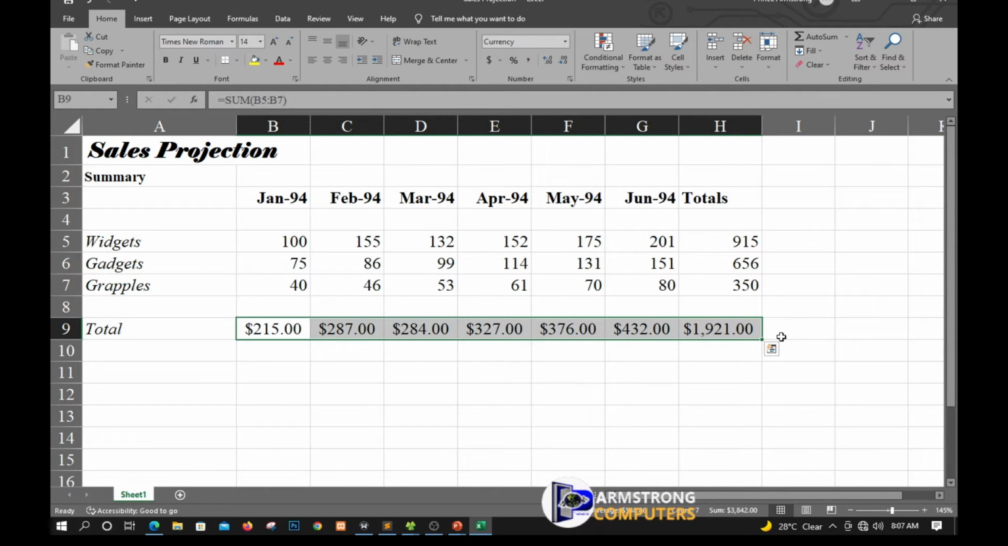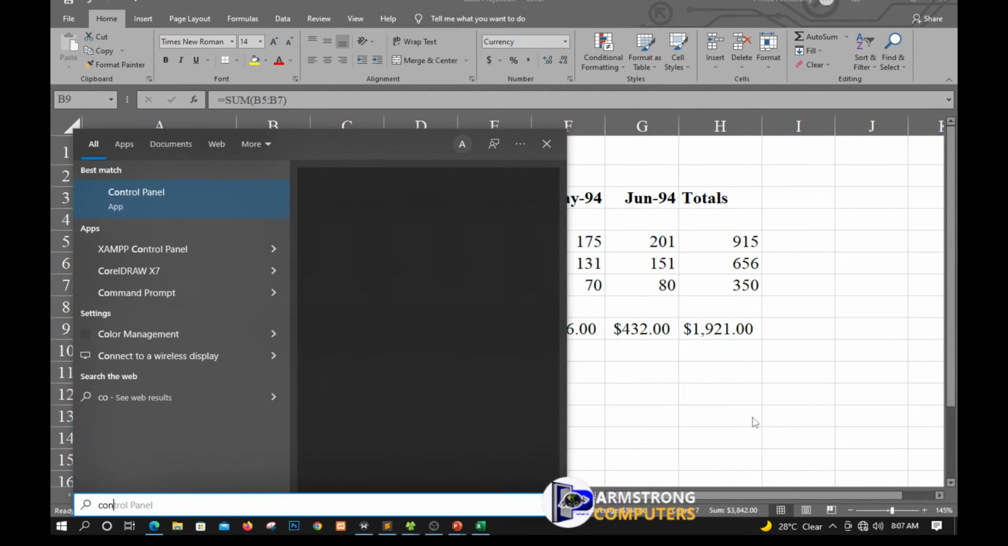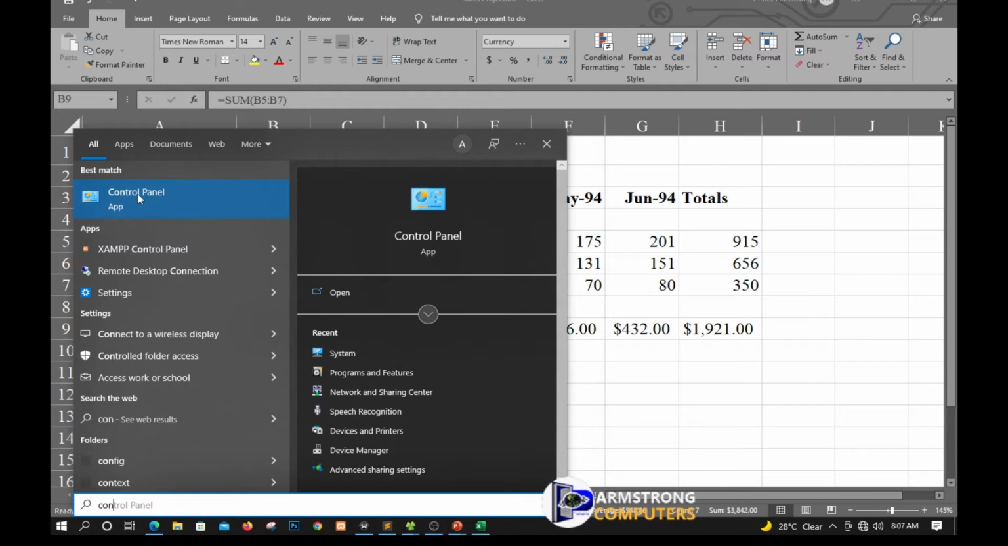Let's assume that you want to format it to display currency, Ghana currency, or any currency. What I'd like you to do is press the Start button and move to Control Panel. So when you go to your Control Panel,